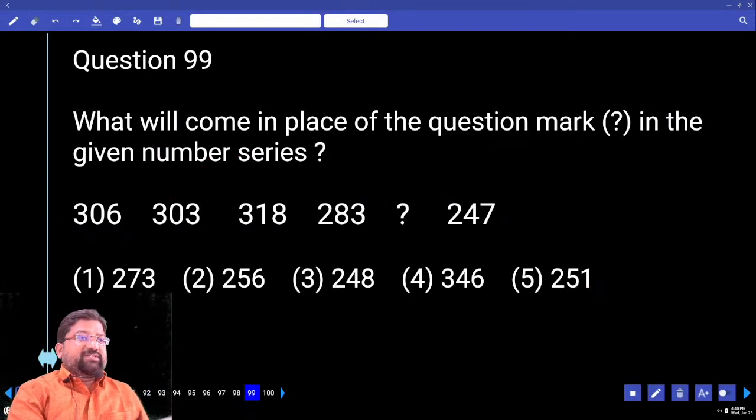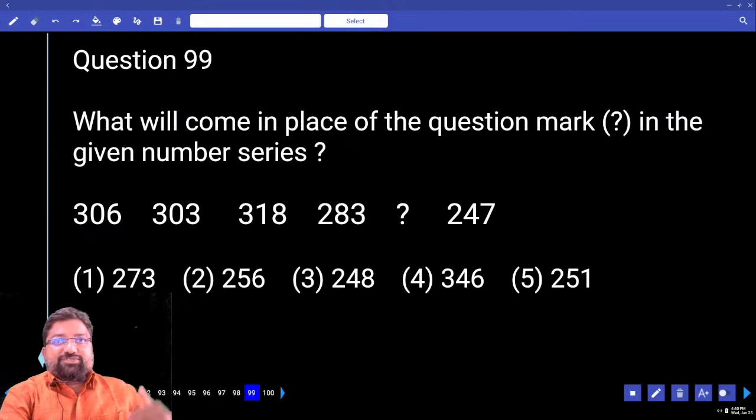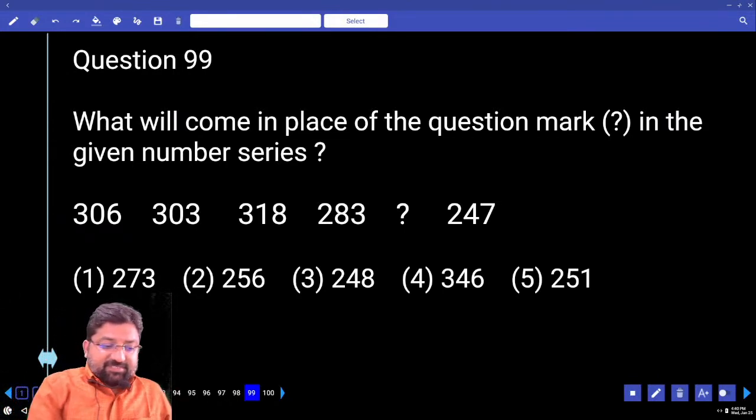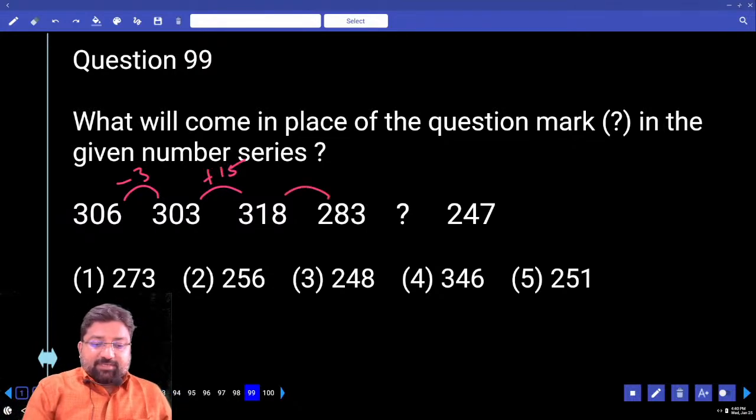Decrease, increase, decrease, increase. That is minus, plus. Moreover, all the numbers are 3-digit numbers. So huge difference, small difference, small difference. They will go with the differences first. How much is this? Minus 3. How much is this? Plus 15. How much is this? Come on, minus